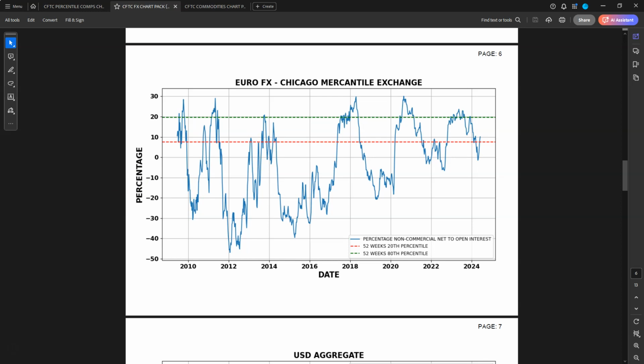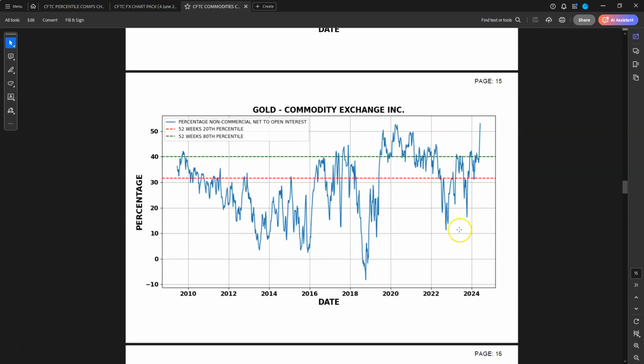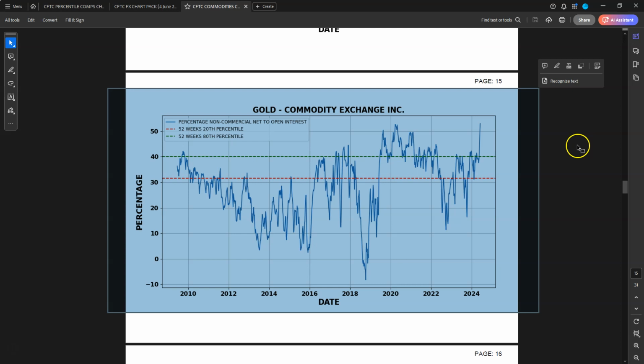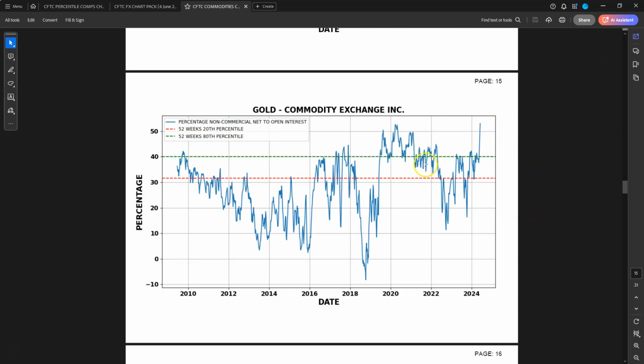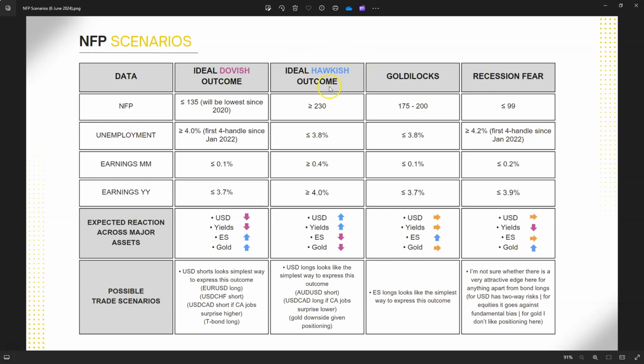Now, some of the other markets that we're looking at from a positioning point of view is commodities, as usual. Take a look at this gold chart. I mean, wow. We looked at this last week where this thing ramped up all the way to here. Now, what we said on Friday, going into the NFP, was that because positioning is so massively stretched, if we did get a massive hawkish outcome, the ideal hawkish outcome, we would have looked for,